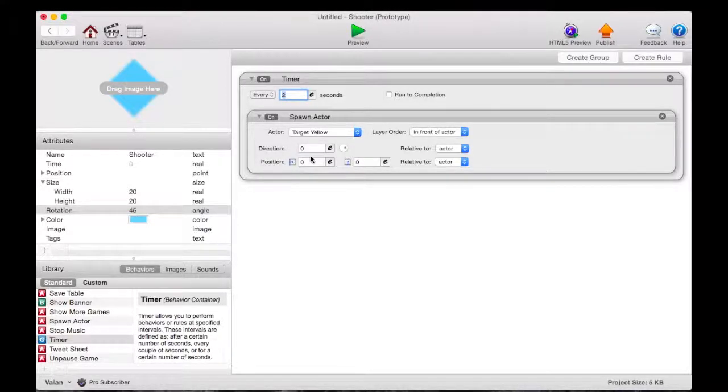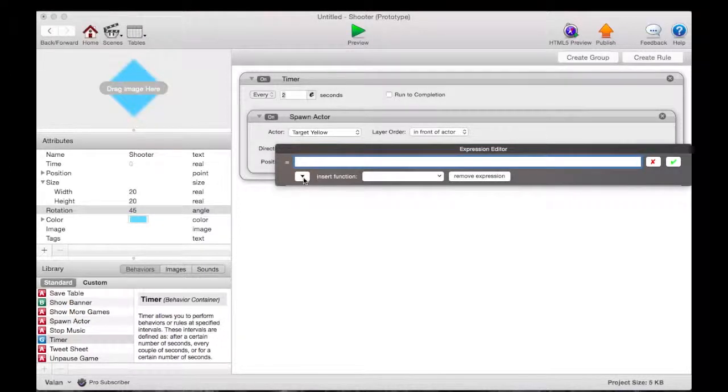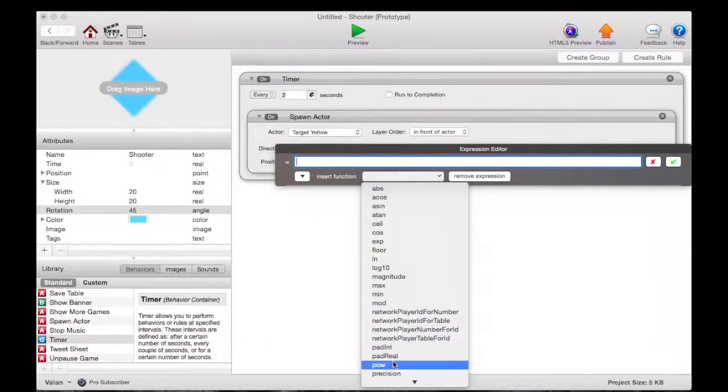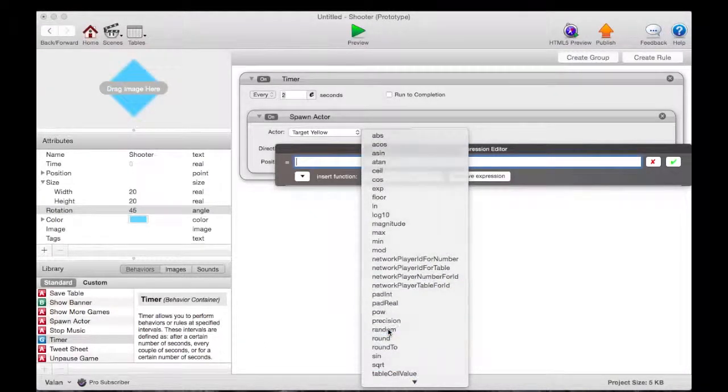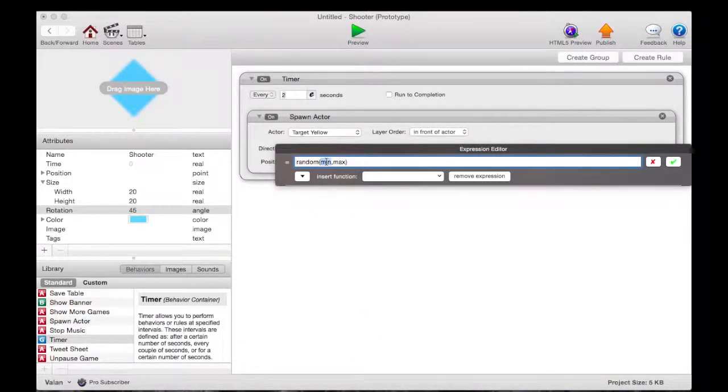So every 2 seconds it's going to spawn the target. The position is going to be a random one. So we have our minimum as minus 200, maximum 200,